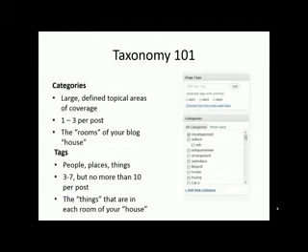What is this thing called taxonomy? One of the main things we're going to start thinking about when you start your blog is taxonomy, or a way to classify how all of your posts relate to each other. In WordPress, we have two ways to do this: categories and tags. In Tumblr, we only have tags, but you can think about your taxonomy structure in the same way.